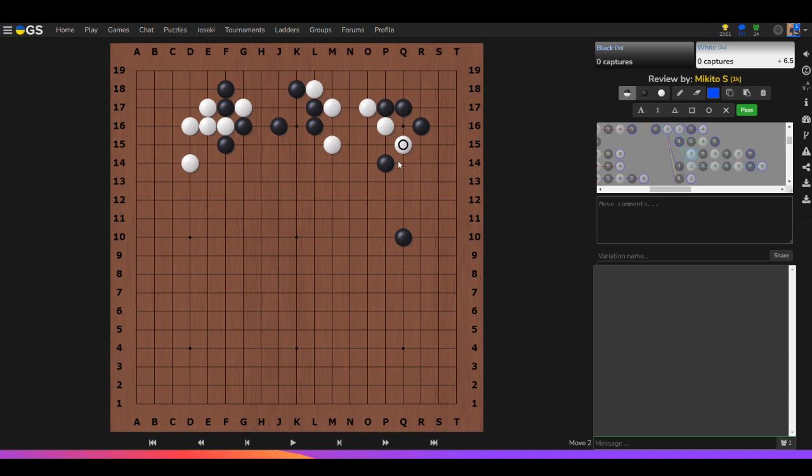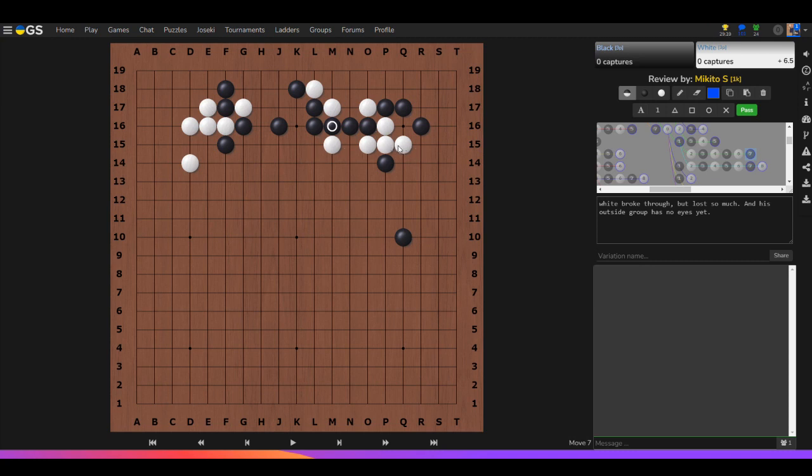So if White tries to come through, Black now gets to cut, and you can see Black's already on the shape point of the diagonal, of the angle. If White plays this, Black comes out, and now there's a problem here, right? Even if White plays any one of these moves, Black has two liberties, and so Black can kill this group. White fixes here, and Black gets the fix. Now these stones just die outright, and this group